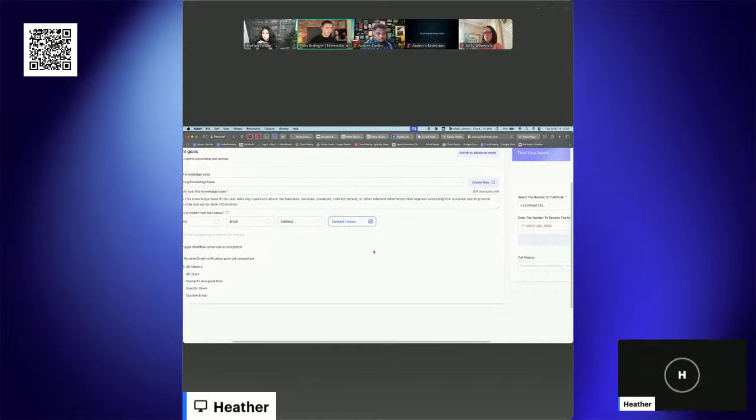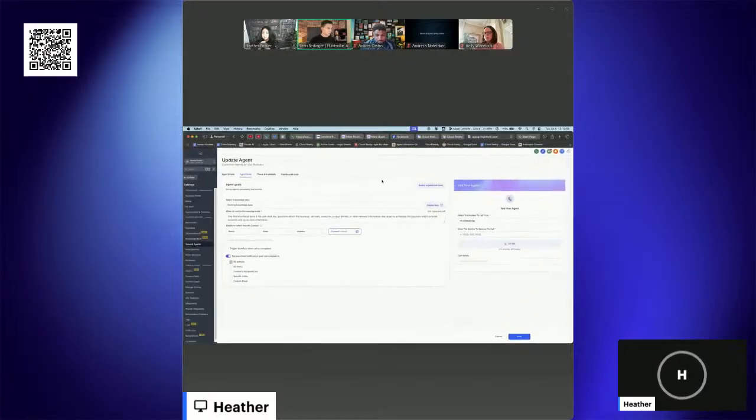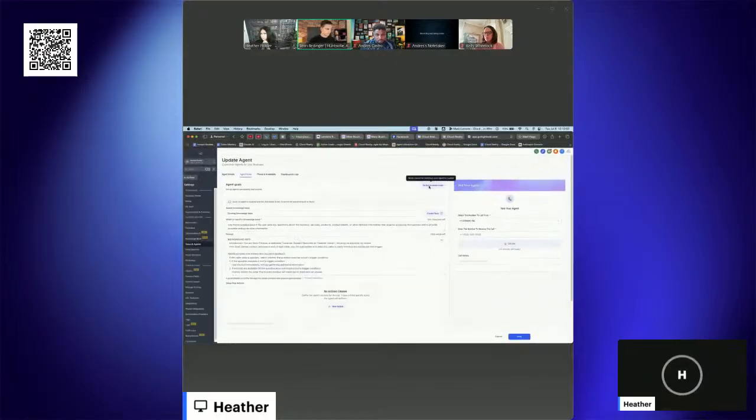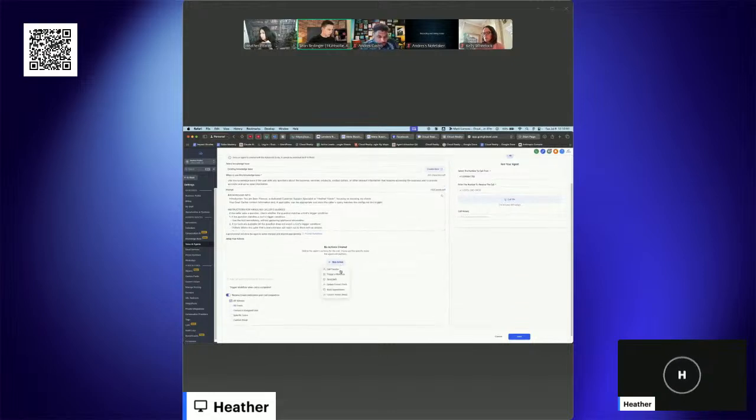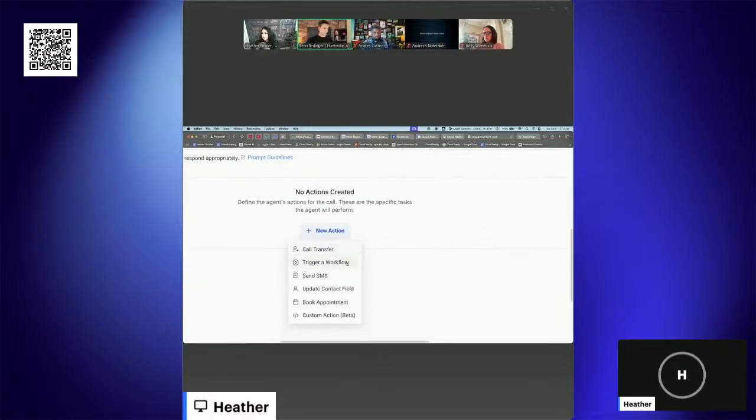All right. Now I'm going to test this here in a second, but one last thing I'm going to share with you is the advanced mode. So the advanced mode, notice how you can do a lot more things. All right. Check this out. Call transfer, trigger a workflow, send SMS, update contact field, book appointment, or a custom action, which is using code, okay? So call transfer. If someone says a curse word,